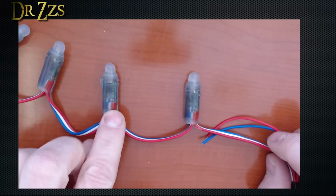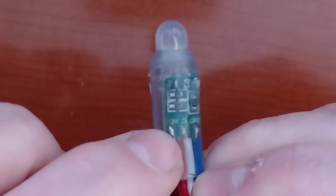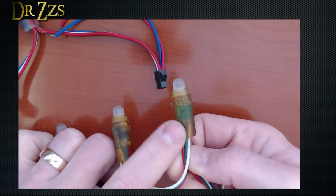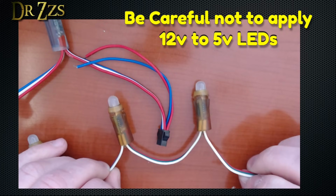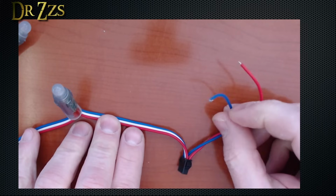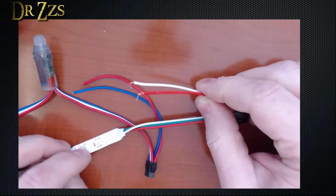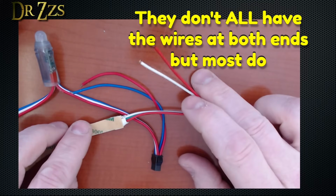These are the strings. You can see they look like little bulbs. If you look closely, you can see these are 12 volts. It says right there, 12 volts. I also have some that are 5 volts. They don't have a label that says 5 volts. If you connect 5-volt lights to 12 volts, you're going to be buying some new LEDs. These are the extra wires that they provide for you to inject voltage. And the same goes for the strips. They all have 2 extra wires at the beginning and the end of each string or strip of LEDs to